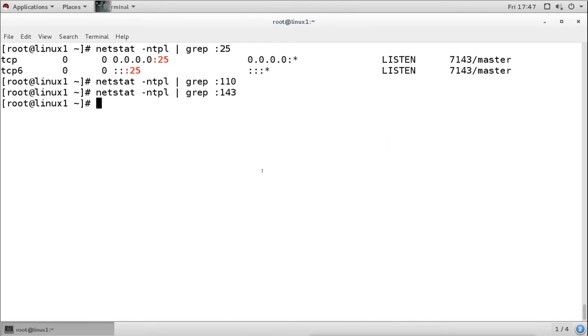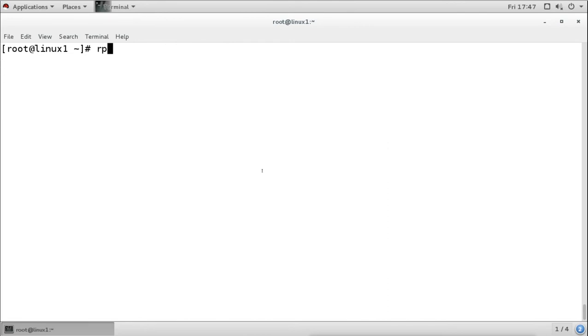So for configuring this, we need to install the package called Dovecot. We can check whether Dovecot is installed or not. Now Dovecot is installed, but it is not configured. If it is not installed, we should install it by using the yum or RPM command. Now it is not going to do anything because it is already installed.